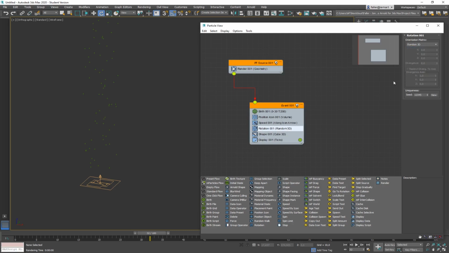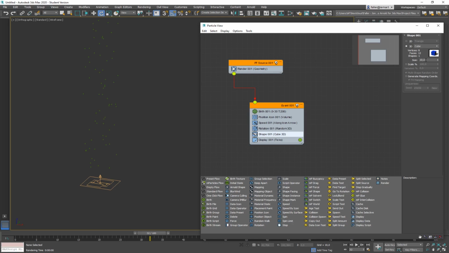Here, let's keep this to random 3D. Also, here is a randomness in it. What is the shape of my cube? And that is the first thing that we can do a lot of changes. What do we see? We see cubes right now, and there's different shapes. There's a couple of different shapes. There's 2D shapes and 3D shapes. Those are already built-in possible shapes that you can choose.